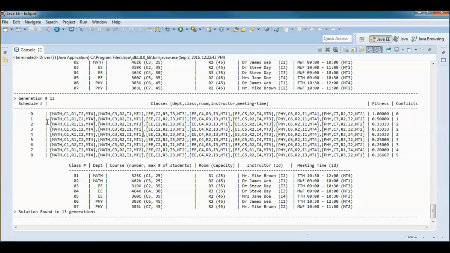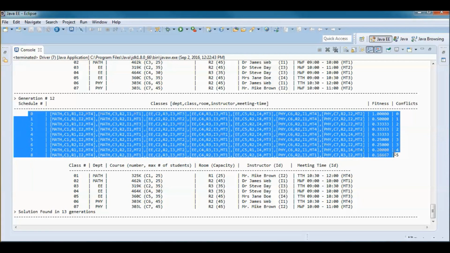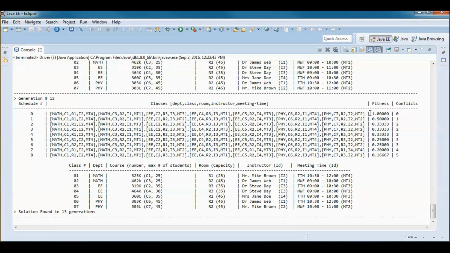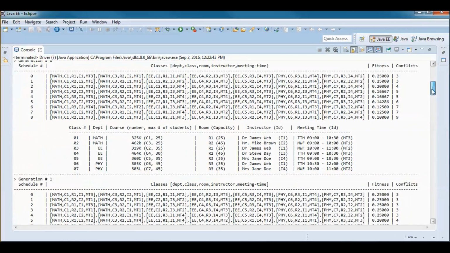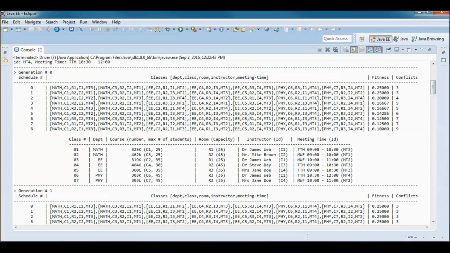And here each population of schedules is sorted by fitness. So this is the highest fitness for this population. And if we go back to generation 0, the fittest schedule here had a fitness of 0.25 and 3 conflicts.